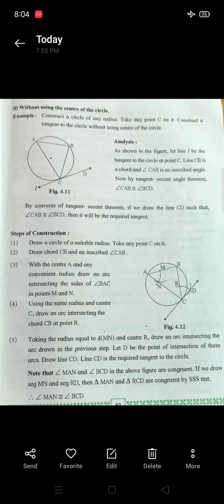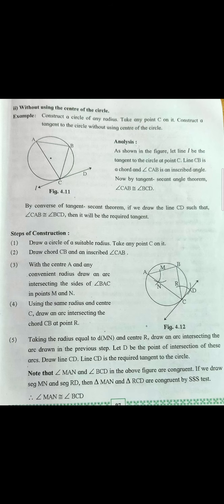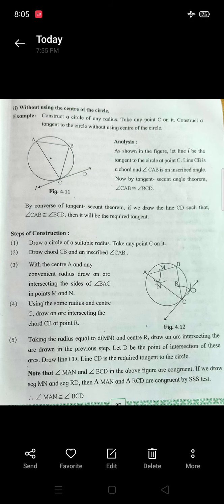So firstly take some distance from point A, draw an arc MN. From C, the same you have to take a distance and draw an arc. After that, from A to N, then the distance of MN. What is the distance of MN? A to NM. In a rounder, take a distance and draw arc MN.